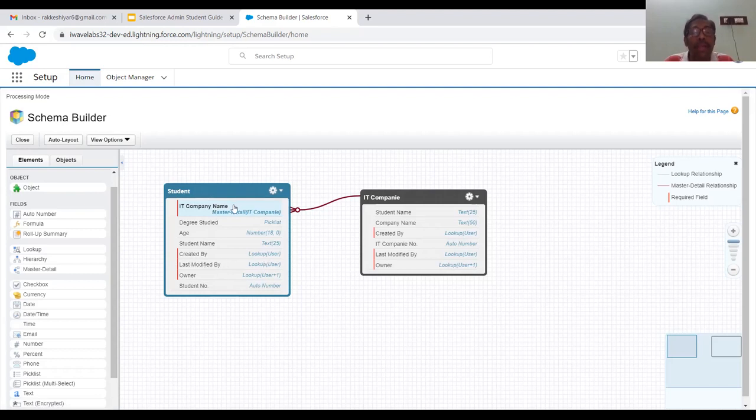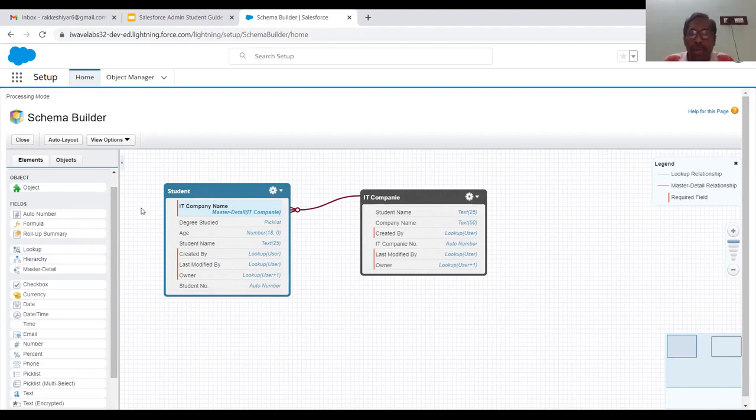IT company is a standard field. Similarly for IT company also, created by, modified by owner. These are called the system fields. Got it? Now we are done with the object creation using Schema Builder.